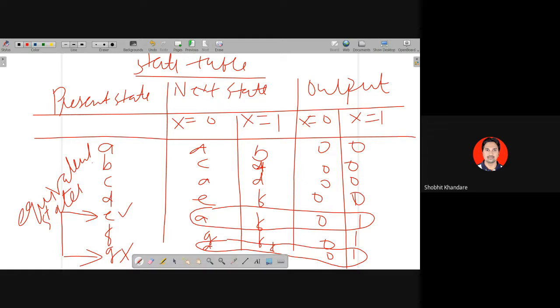मैं जो बोल रहा हूं उस पे ध्यान दो. Again I am repeating. Now here we have found out equivalent states. So I can eliminate one state, the last state. You have to go from bottom. So G I will eliminate. And once you eliminate G, you have to replace G by state E. So you will have E is equal to G. मैं यहाँ पे साइड में लिख रहा हूँ E is equal to G. यहाँ तक समझ में आया सबको? Yes, sir.